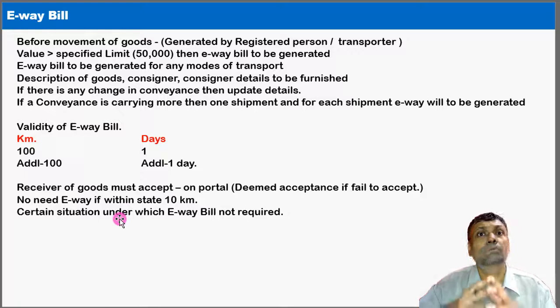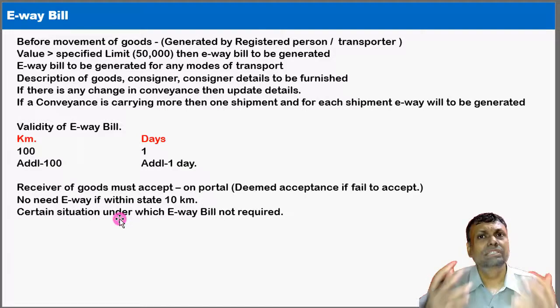Not only this, friends, some of the advanced countries also have real-time GPS tracking concepts. In other words, for some very high value goods, which are of course subject to GST, and the government is very sensitive to that, they may also say that the particular transporter might need a GPS tracking device, the specified devices.